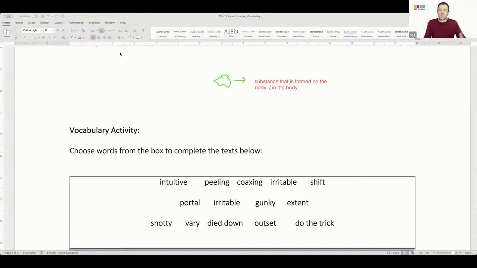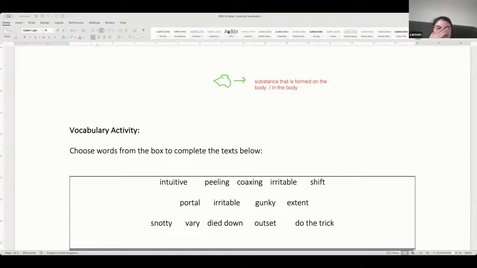So snot. It's in your nose, isn't it? It's green, especially when you've got a cold. Well, you've got hairs in your nose, haven't you? And in your nose, dust comes in, sticks to it, and it mixes with mucus. And then it becomes a kind of green color, doesn't it? Now, children love picking their nose and eating it. So they eat their snot.